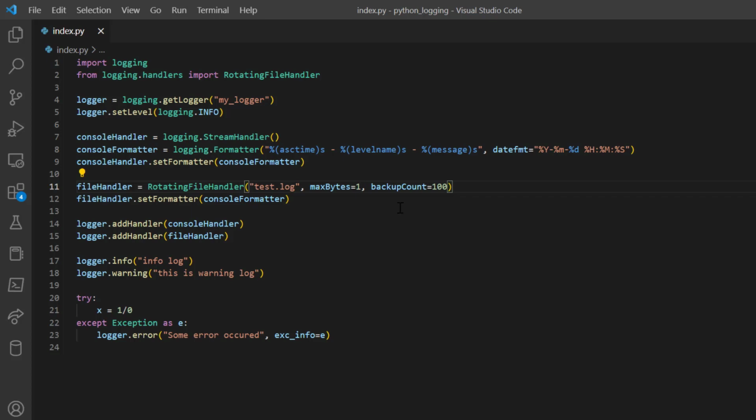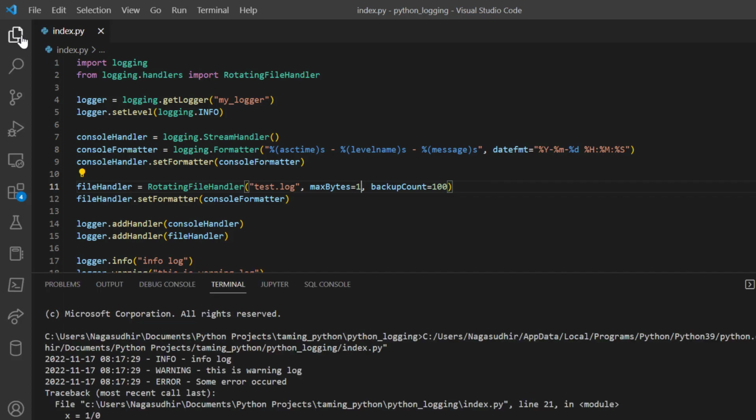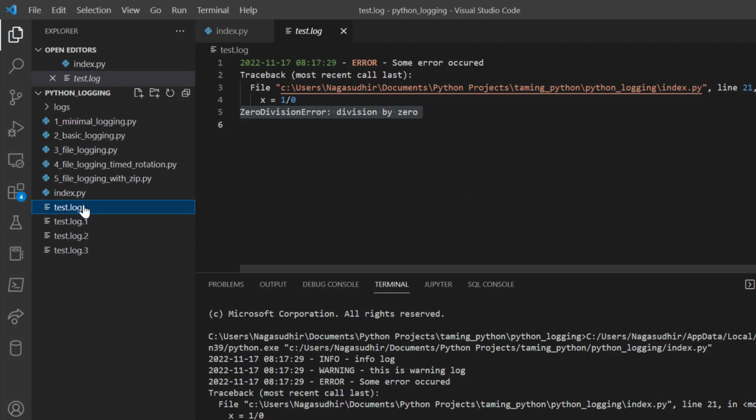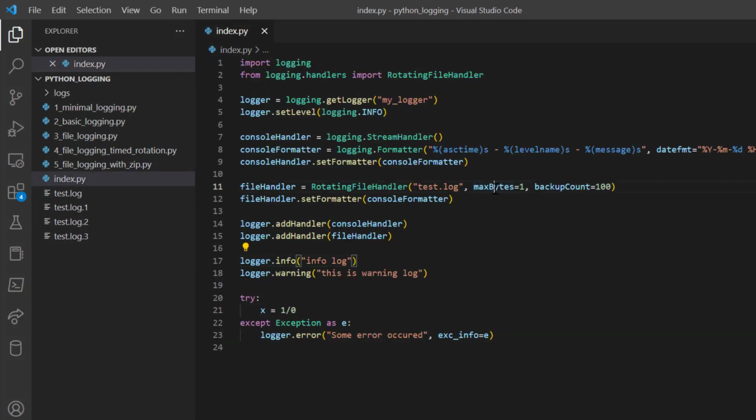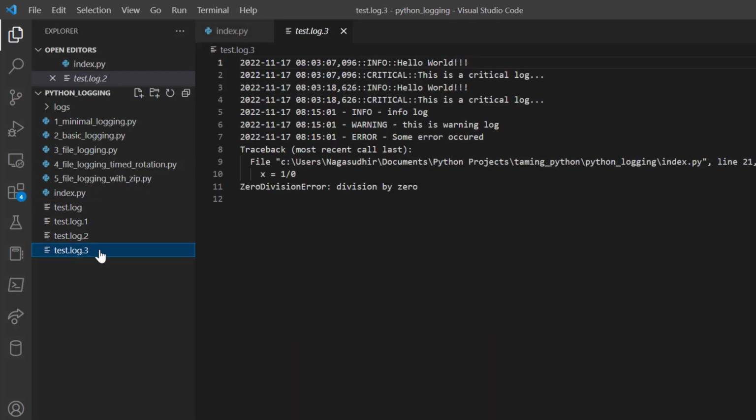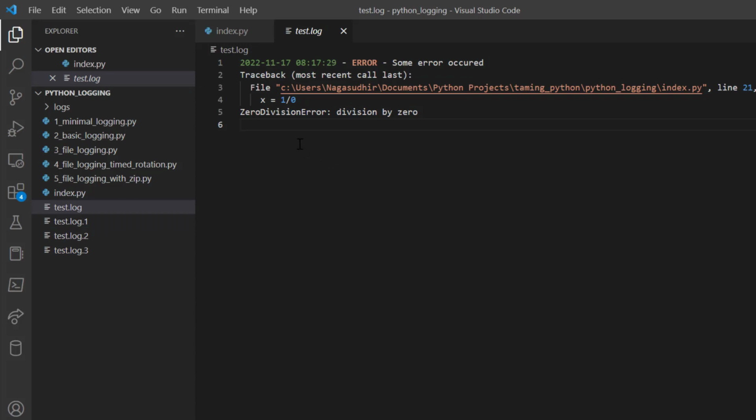So for testing purposes, I'm doing this. I'm just running this again, and here you can see I've got my logs rotated now. Test log 1, test log 2, test log 3. Because if the log file size crosses 1 byte, which it obviously will if you write even this simple line, it will be more than 1 byte. The logs are getting rotated to old files log.1, log.2, log.3, and logs are being freshly populated again in the